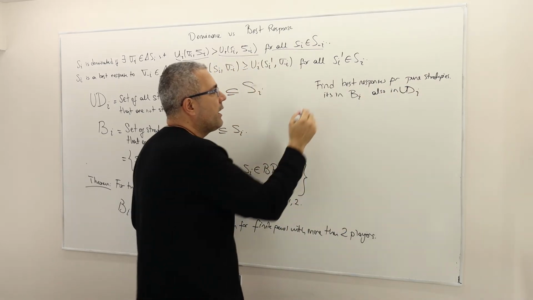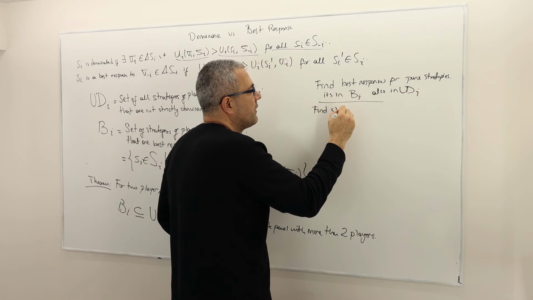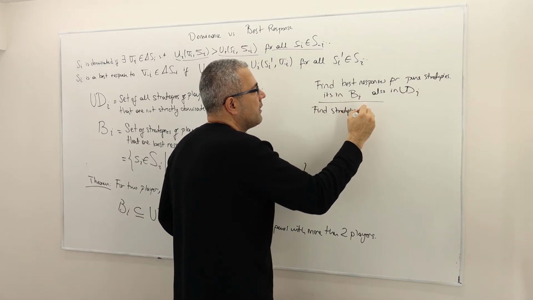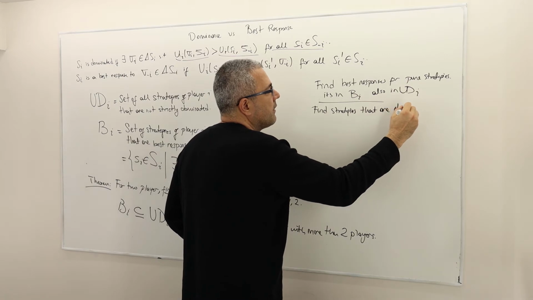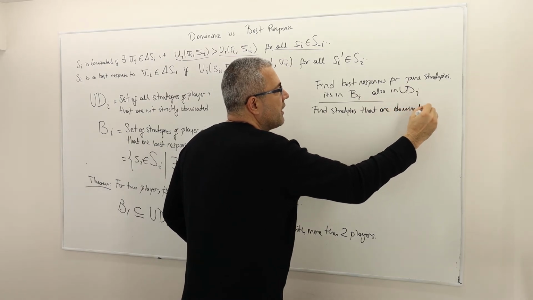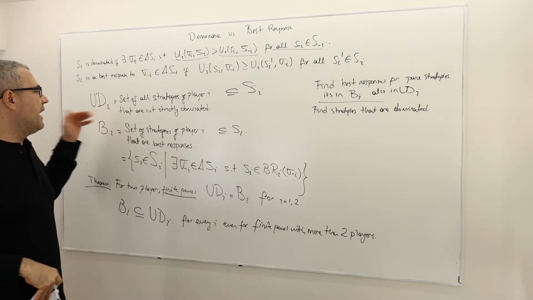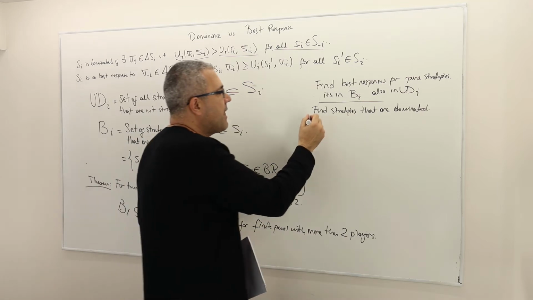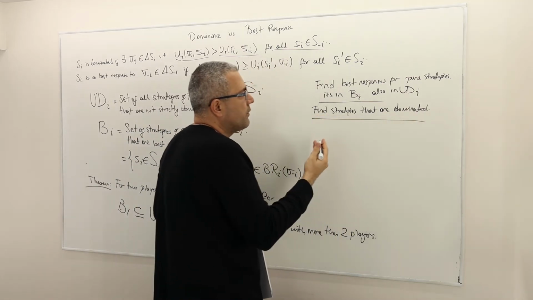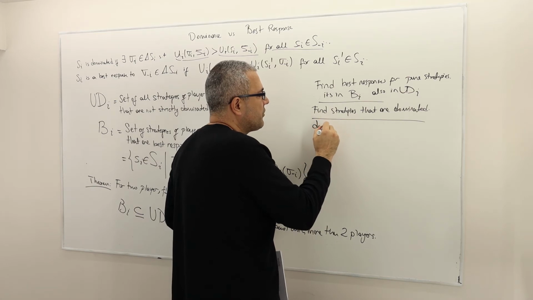All right. What else? Well, you can find strategies that are dominated. So if a strategy is dominated, well, that means it's not in UDI and also it's not in BI, okay, automatically. And then sort of the third stage, well, you look at dominated strategies